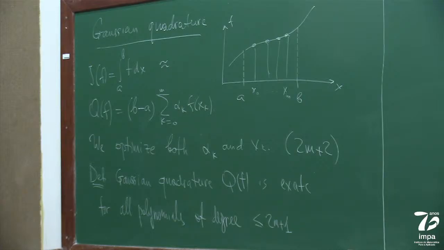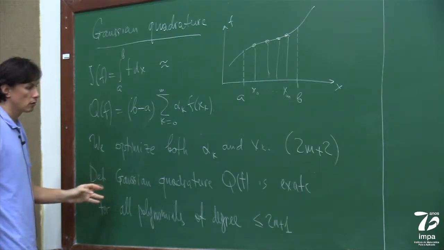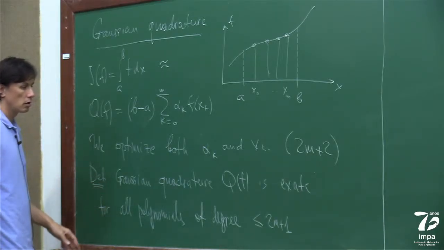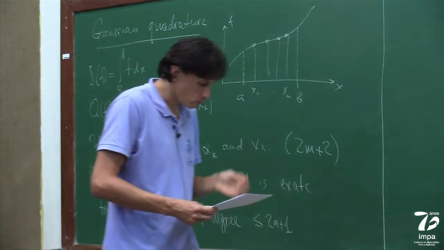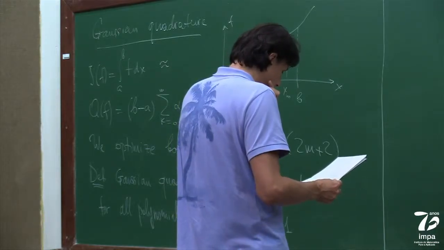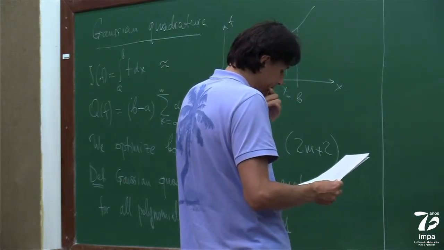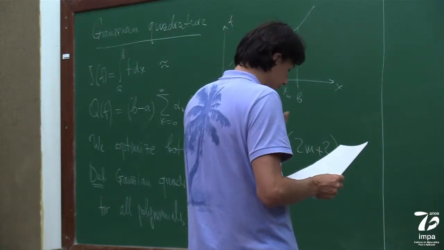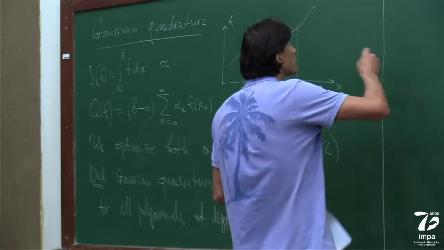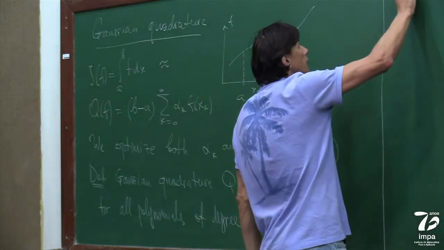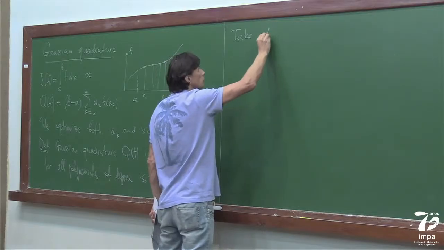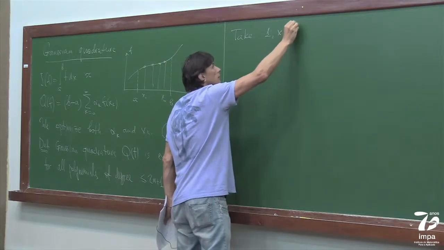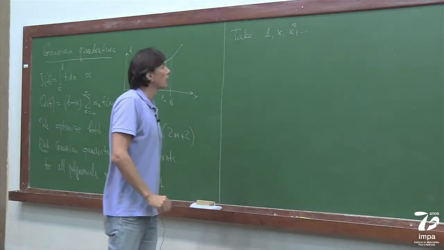So our goal is to show that they exist. We also will show that they are unique, and find them. So that's the idea. The construction is actually explicit. What we do, we start by taking polynomials, first of all, monomials: 1, x, x squared, and so on, and construct